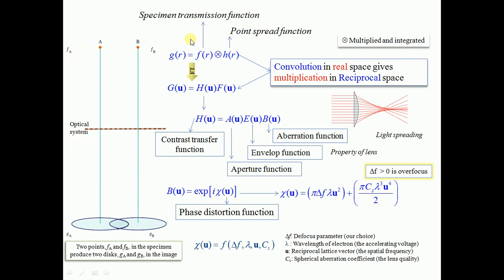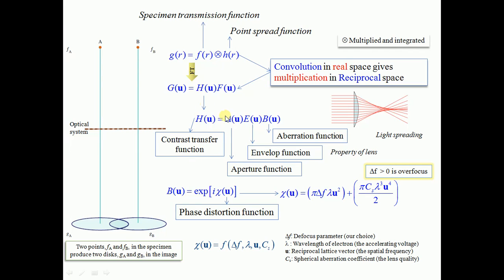So for that, with the point spread function, G is defined as the specimen transmission function multiplied and integrated, that is called convolution in real space, which is replaced by the multiplication in the reciprocal space. So for this capital G, this F, this H. Now this H is very important. It is called the